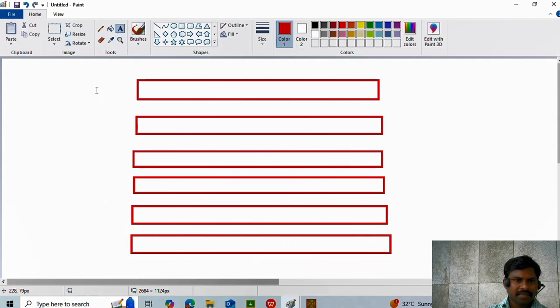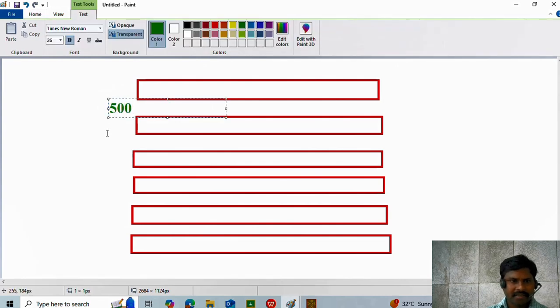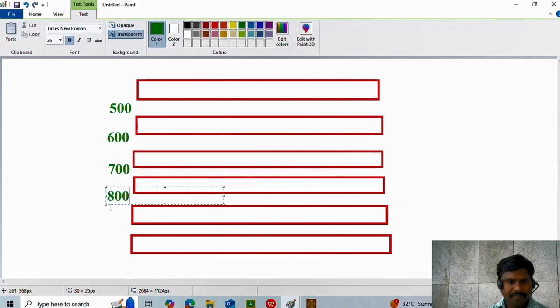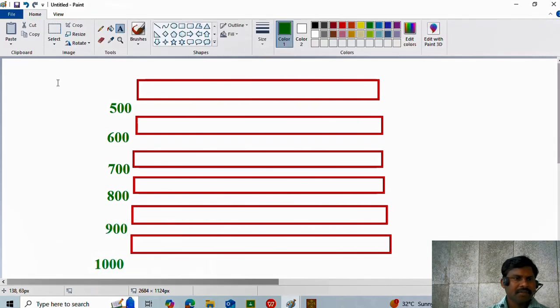Here, writing starting address is 500. Next node is 600. Next node is 700. Next node is 800. Next node is 900. Next node is 1000. Here head node is